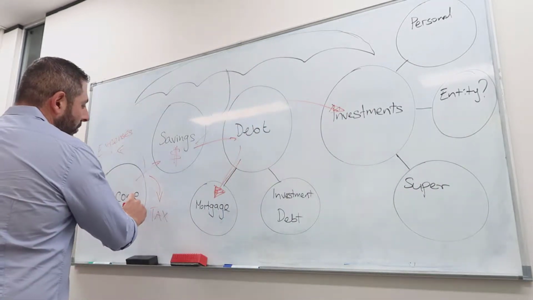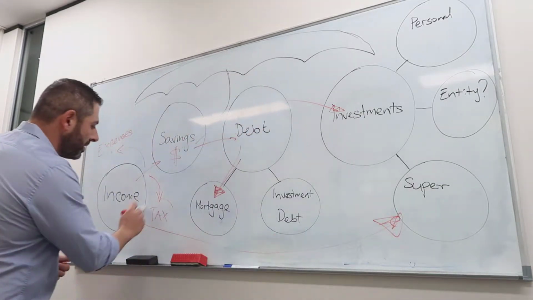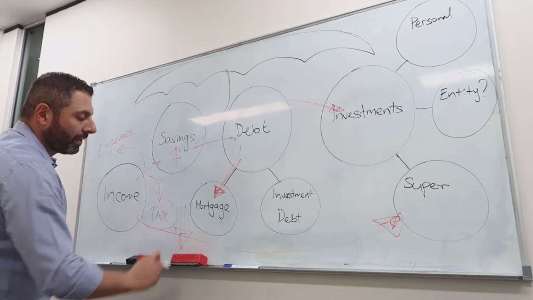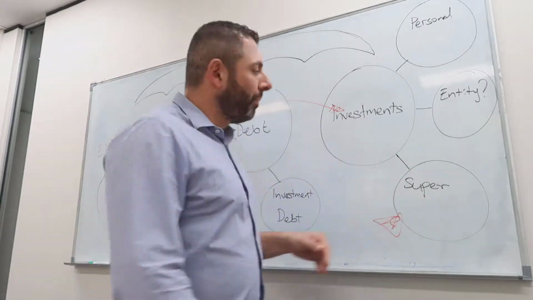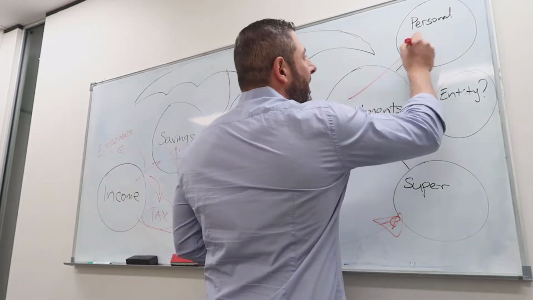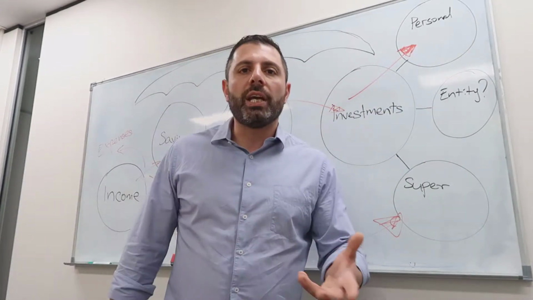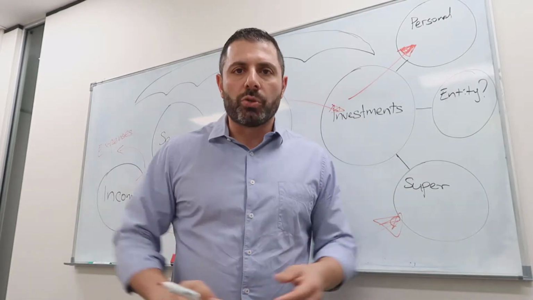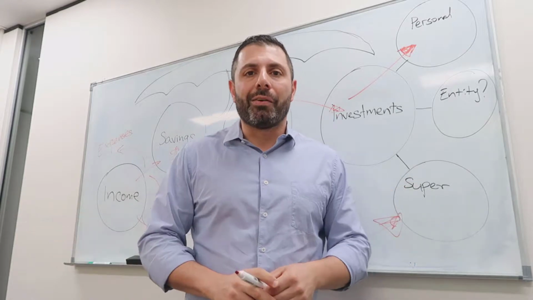So again, we want to look at utilising some pre-tax contributions, which will reduce the amount of tax we pay, and maybe also some after-tax contributions if we need to bump up our super. And then looking at investing some funds through to personal investment. Now, personal investment could be shares, could be a property, could be all sorts of things, and that's a topic for another video or another series of videos going forward.